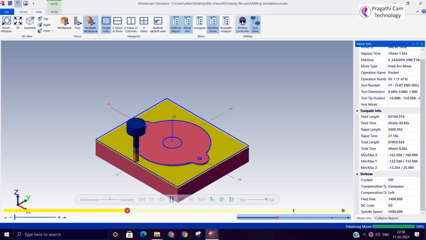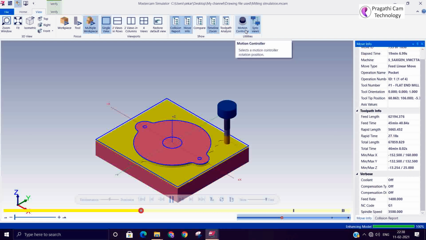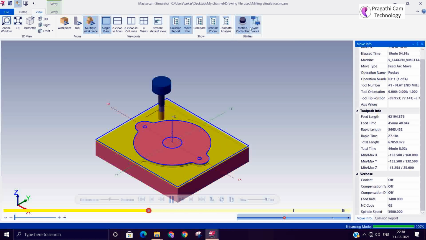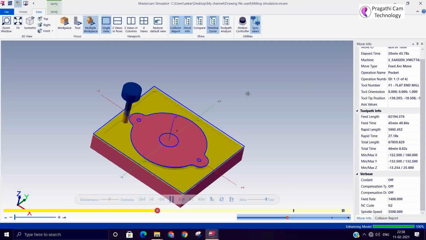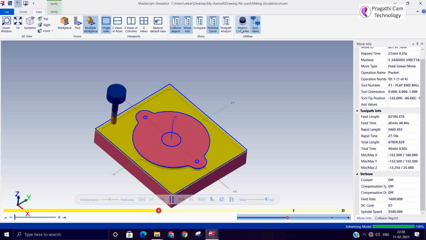So the motion controller is there. Then you can hold some point and you can rotate.